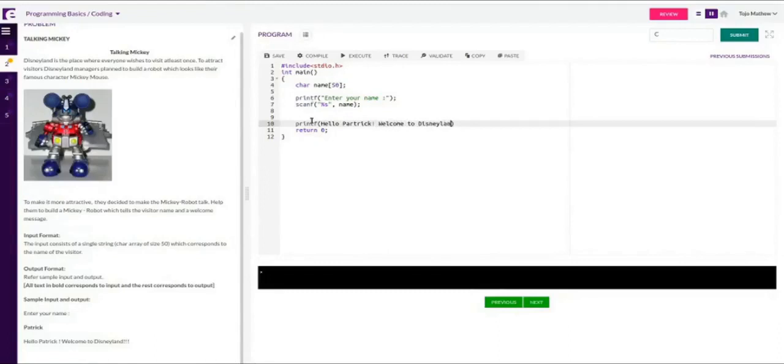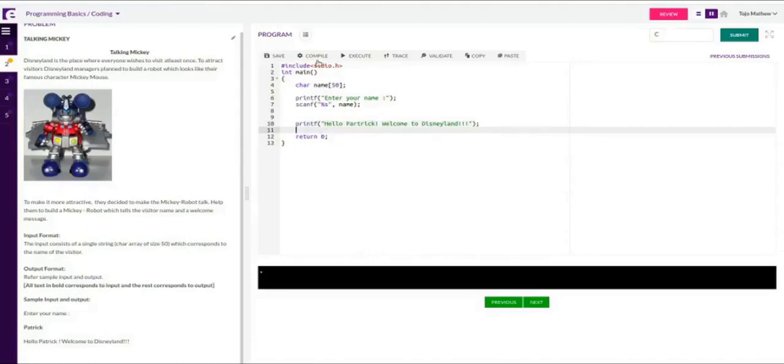Yes, some people do that. This is a wrong way of doing it. It will not solve your problem, because every time it will show Hello, Patrick.